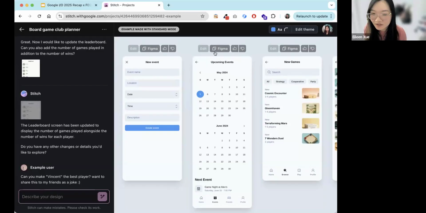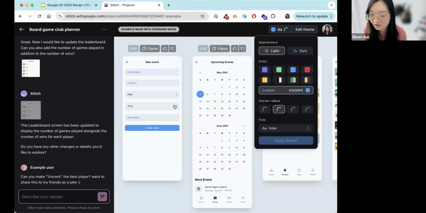Of course, this one is pretty limited. You can't do a lot. If you don't like certain styles or aesthetics, even if you prompt it, it might not change it the way you want it. Then that's when, of course, you export to Figma, and then you can do all the manual changes and a lot more in Figma. For this application, I think the most you can do is change the theme, so they come with different themes. I like the fonts, and then of course you can give it feedback in the prompt, and it might just regenerate everything, but it might not look the same afterwards.